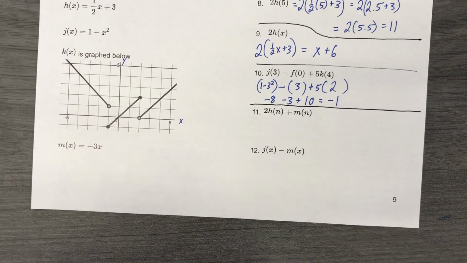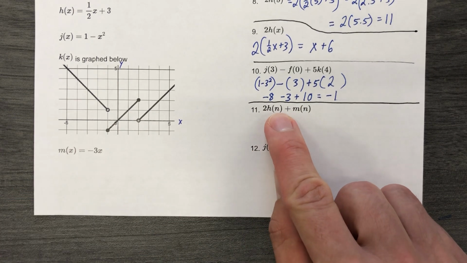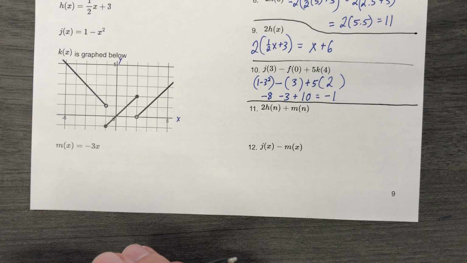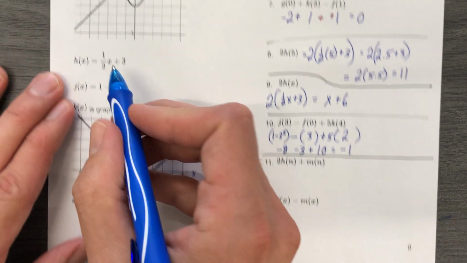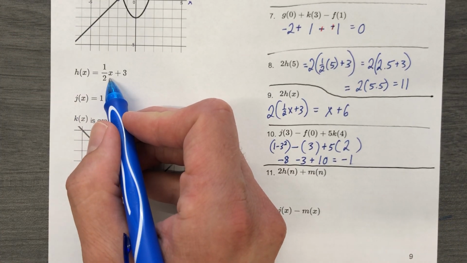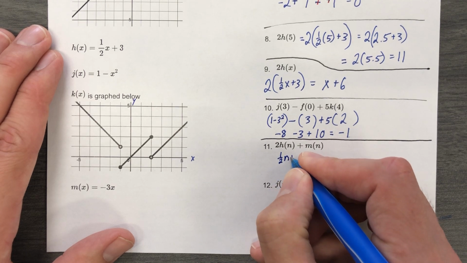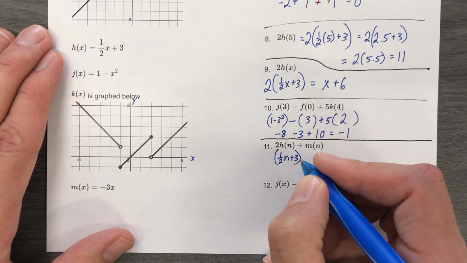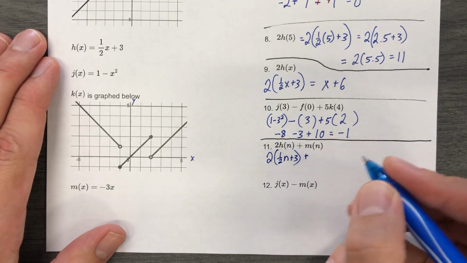So as we do this one, we look at it and we realize, okay, well, I'm doubling the output. Well, what is the output? Well, the output is basically whatever I get when I plug an n into the h function. So I'm going to plug an n right there. Well, it's not a number, it's a variable. It's okay, we'll deal with it. So I have 1/2 n plus 3. Oh, wait, I've got to double that. And then I'm going to add